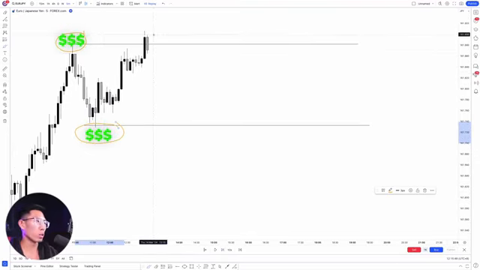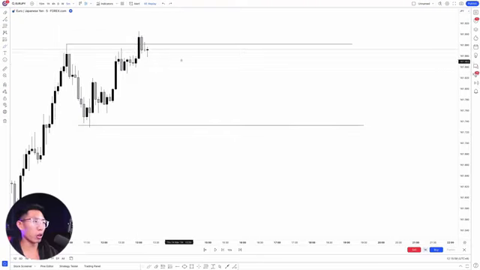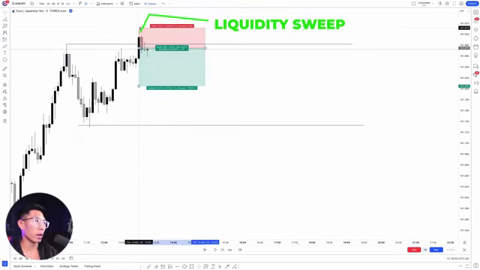Right here, price goes up here and sweeps all the liquidity that we have above these swing highs right here. Now, what do you think is going to happen next? We still wait. First of all, you could have easily entered for a sell position right here, right? Right after price sweeps the liquidity right here, you can enter for a sell position. And then place your stop loss above, and place your take profit all the way down at this swing low.